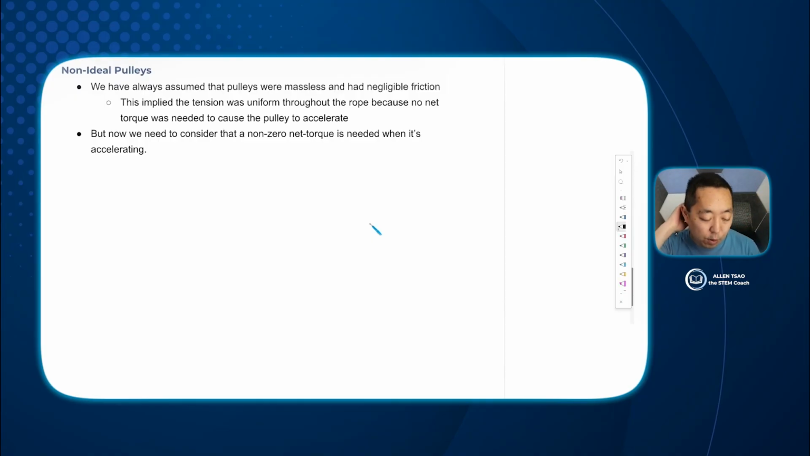Okay, now I want to talk about something real quick about pulleys, because a lot of times in Unit 2, you would have seen a lot of problems say, like, assuming a massless frictionless pulley. Let's talk about non-ideal pulleys now. We've always assumed that pulleys were massless, had negligible friction, and this implied the tension was uniform throughout the rope. Because if I had a pulley, let's say I had something like this,